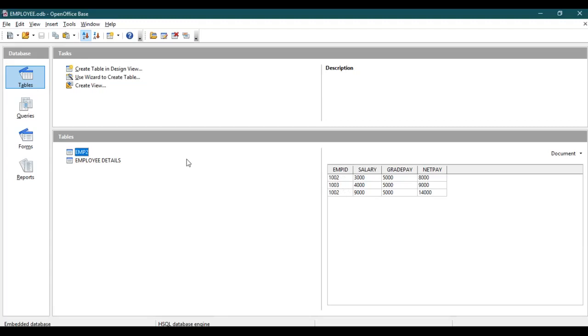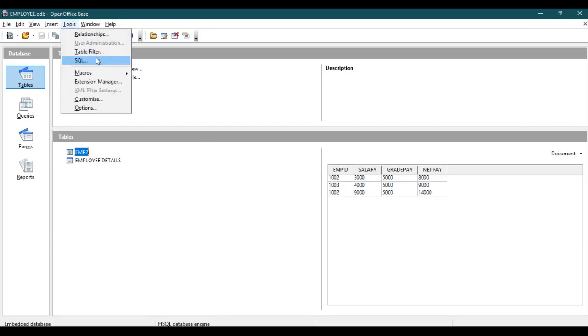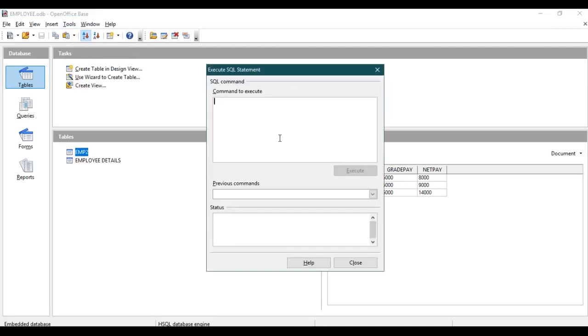So how to delete records? Go to tools, then SQL, then give delete table, table name. Table name is what? Employee2 where, W-E-R-E, where. So you have to give the field name.